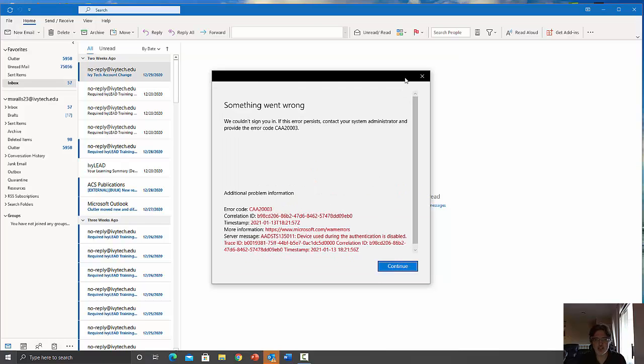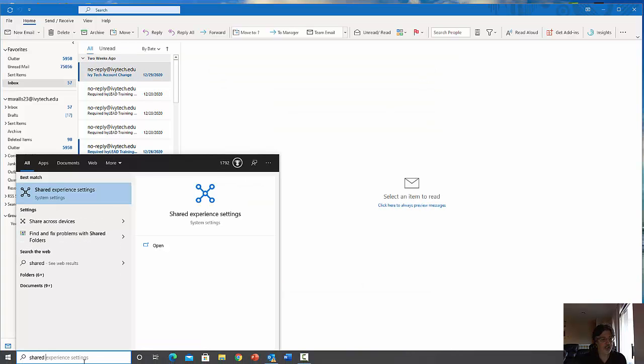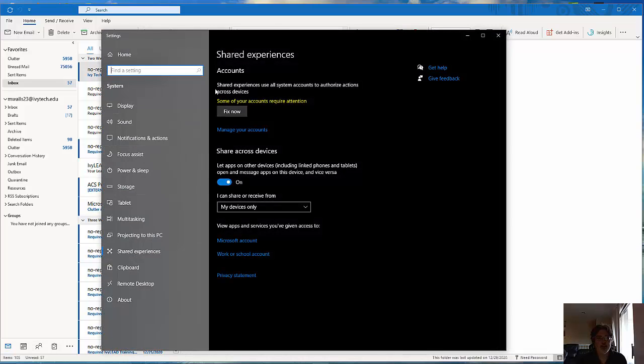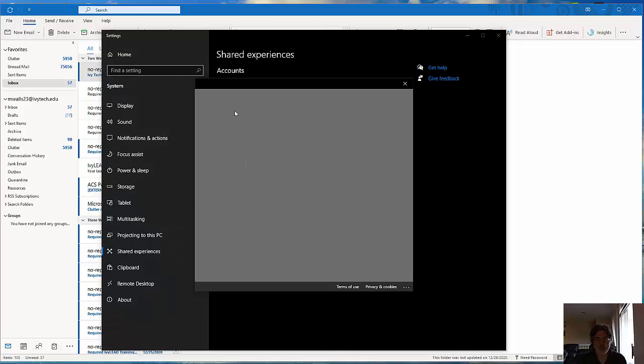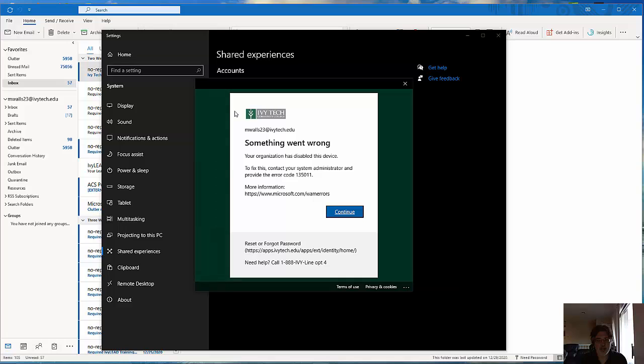One other thing I noticed is when I go to my shared experiences tab, so let me just type this in, shared experiences setting. So if I go to shared experiences, my Ivy Tech account would normally, I guess, be supposed to be connected here somehow. So once again, I try to log in. And it says something went wrong. I have this device disabled. So I don't know if there's anything that you guys can do about that or if there's any way to